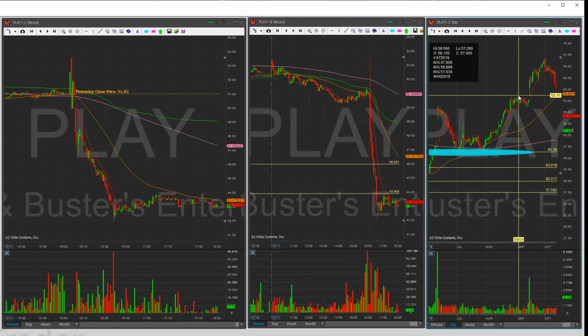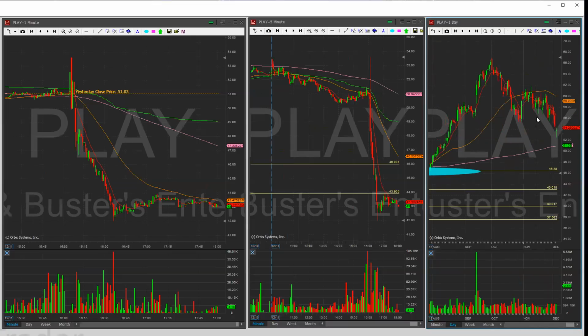57.5 got chopped around, but it likes the even numbers. So where was 58? 58, right? So yeah, I don't know if this can drop. Just gonna watch for these resistance marks to look for a short signal, right? If it pops back up above